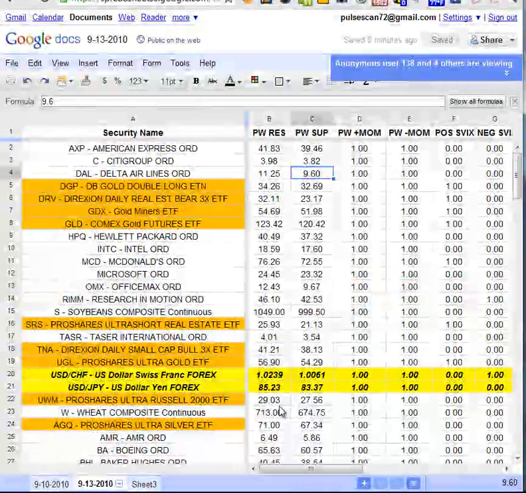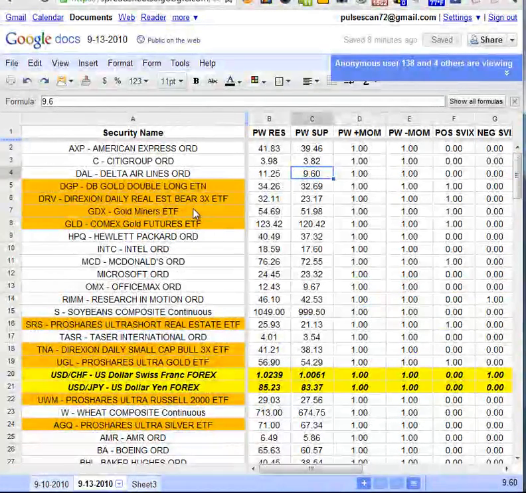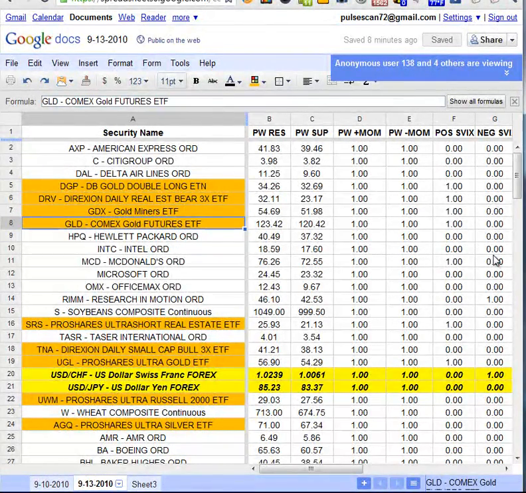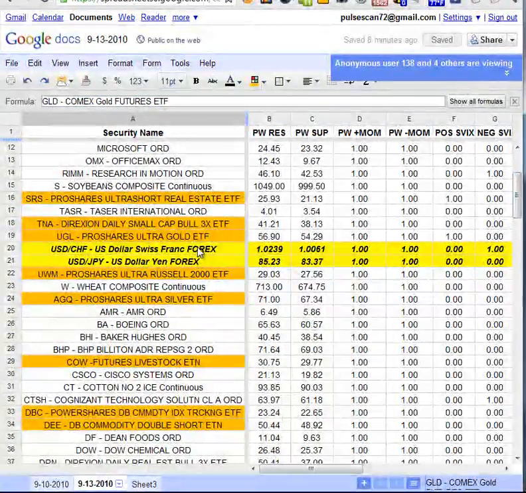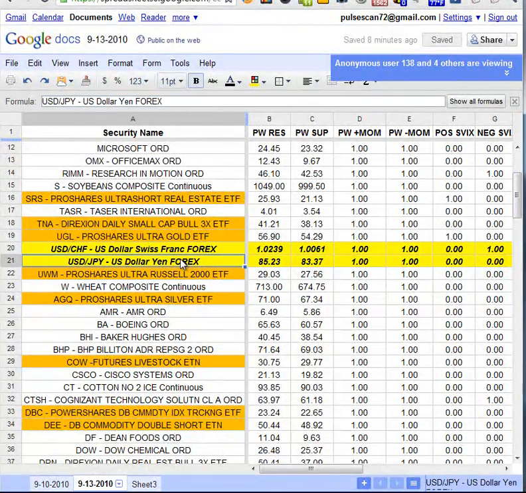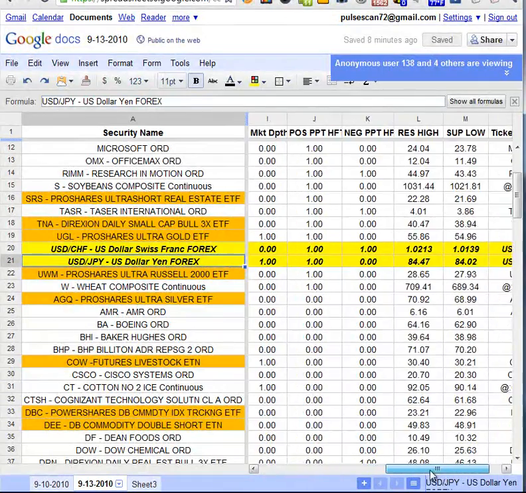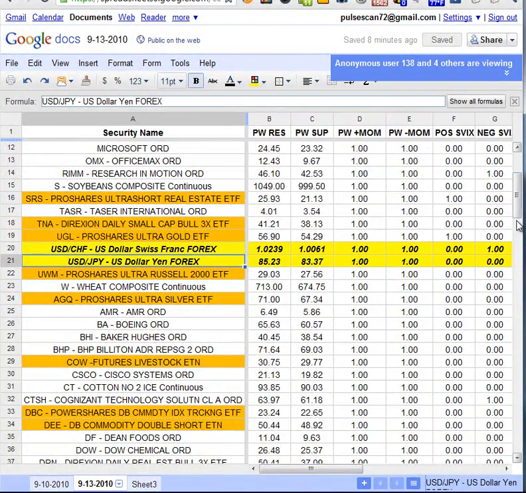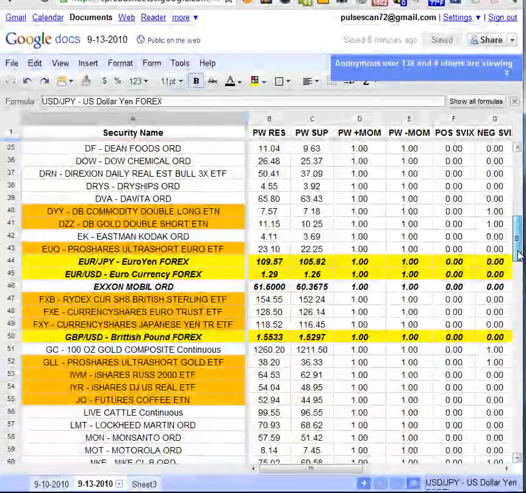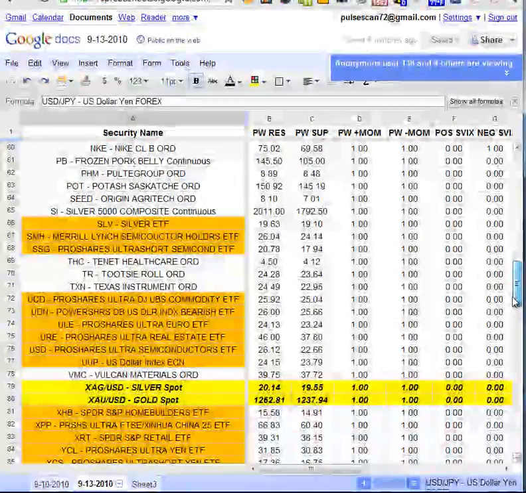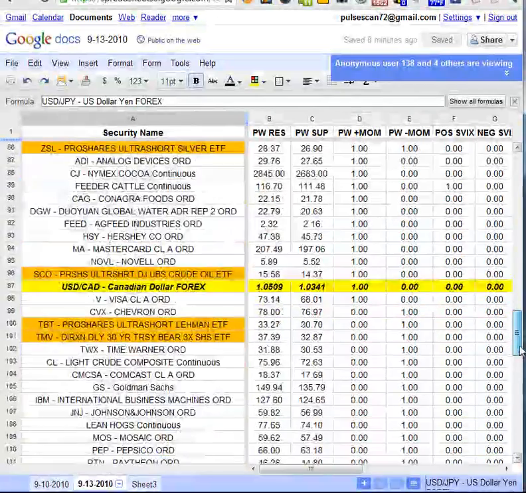It doesn't matter. But what I try to do here, on the left-hand side in orange, is highlight all of the ETFs. Those are the ones I watch mostly. And then, of course, I highlight in yellow the Forex currency pairs, so that's easy to look at. So the Forex is highlighted in yellow, ETFs are in orange, and everything else is either a stock